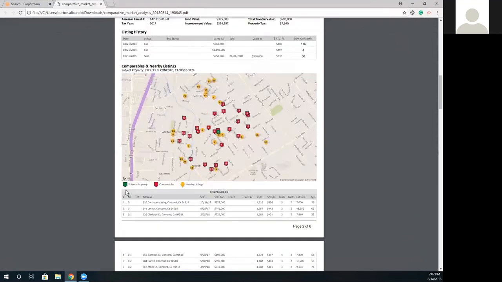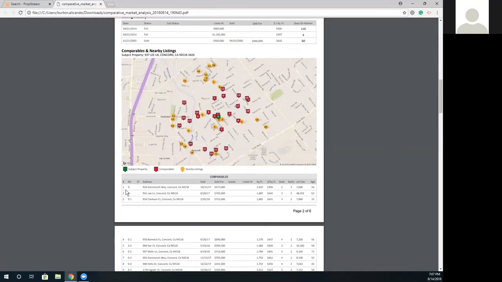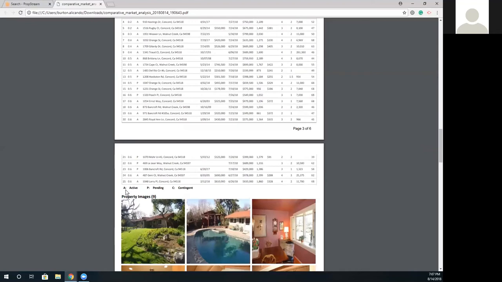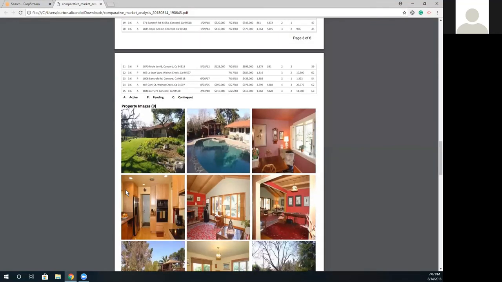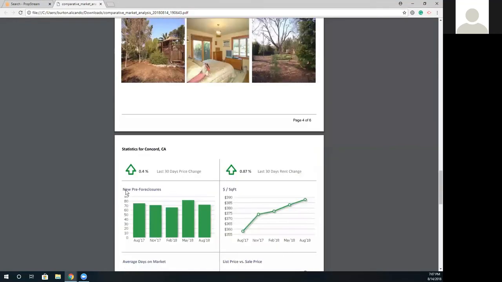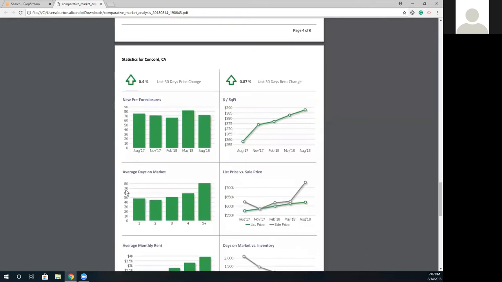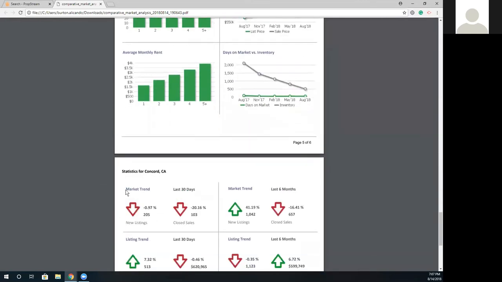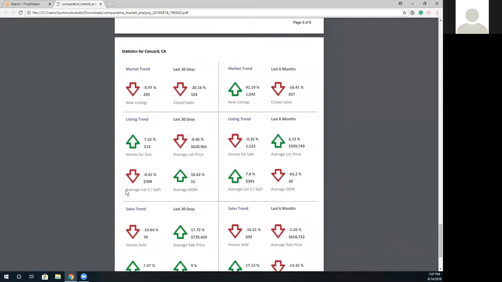So green representing the subject property, red are the county comps, yellow are the nearby listings I was showing you earlier. We've also taken the historical photos and slapped them on here. And last but not least, we took the statistics on the first map and slapped them on here as well. So this is a printable report, again, you can use in your portfolio in terms of motivating or encouraging someone to sell.